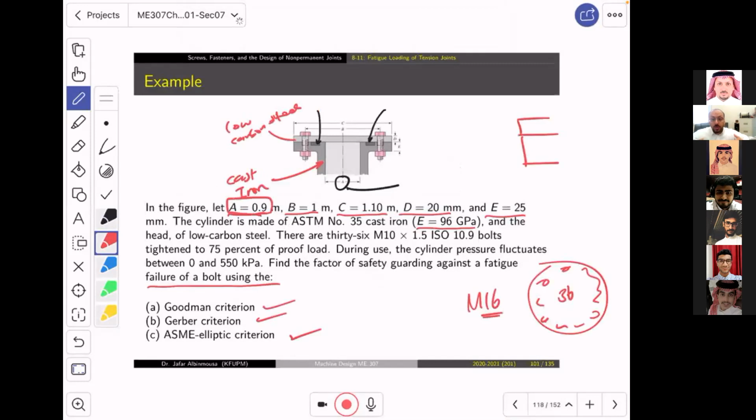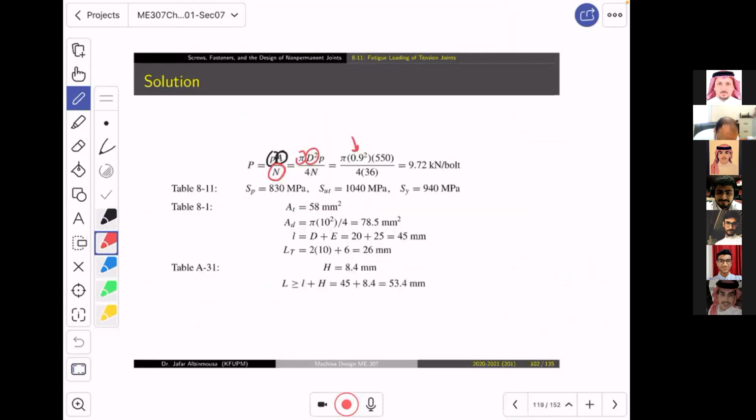Why not a little bit bigger? We were not told. If we were told, then it's okay, we will use that. Then we multiply this by the pressure. Pay attention: P capital is the load per bolt. P small is the pressure, divided by the number of bolts. Of course this is pi over 4 D square, this is the area. And we get